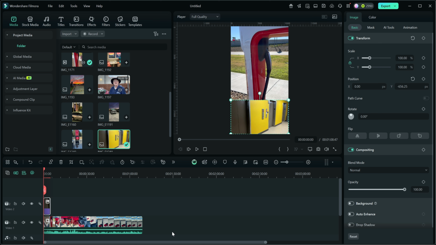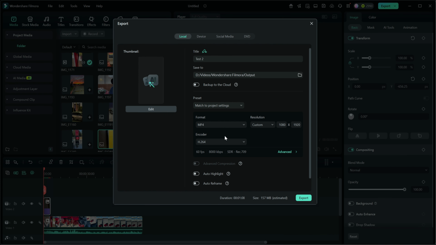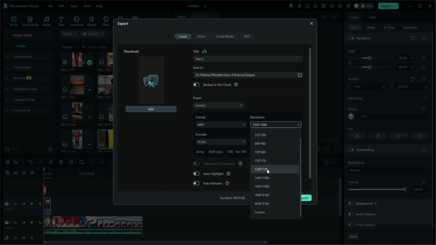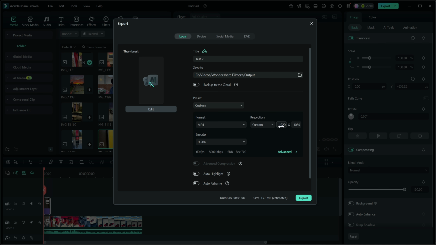So now let's talk about the export part of it. When we go to export, we need to look at this part, the resolution here. And remember, 1080 by 1920 is the format that we want. If that's not what comes up here, then let's make sure that we select that. This mode right here is landscape, and the reverse, the 1080 by 1920. You make sure we have that there, and it's a custom,